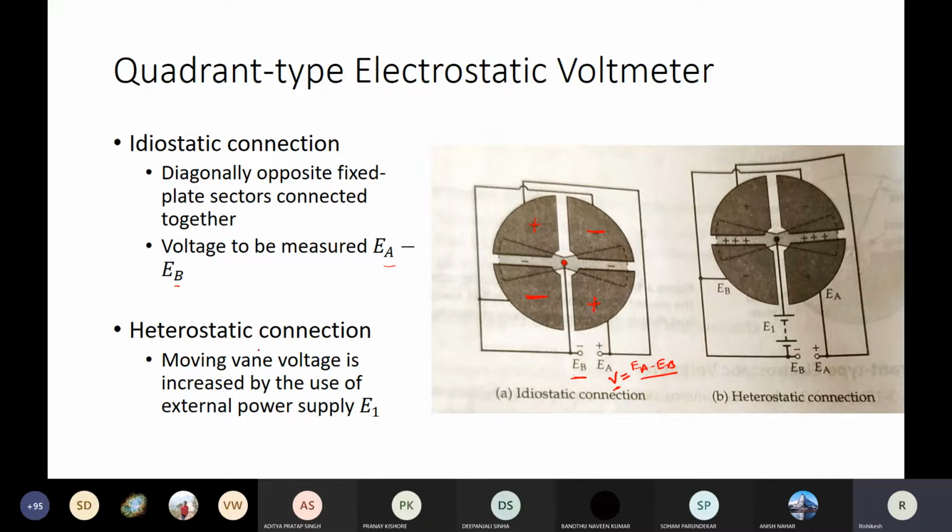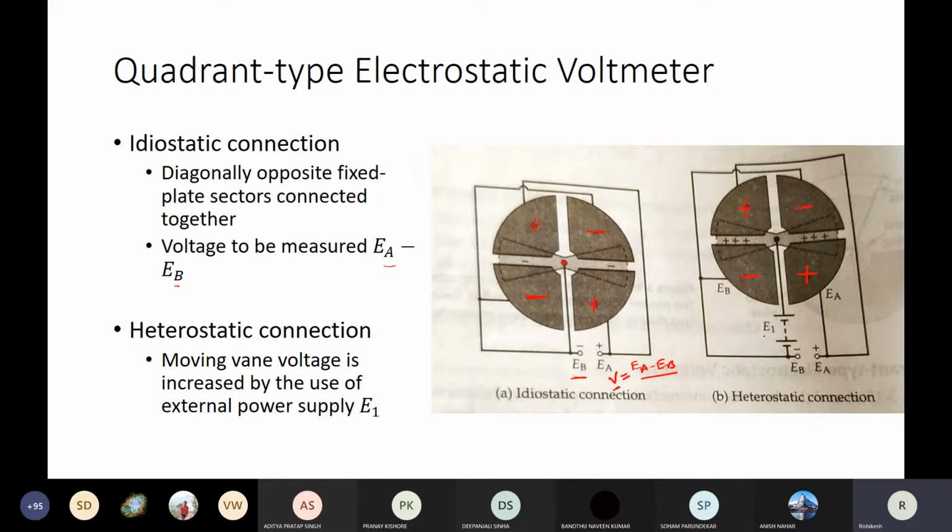The other connection is known as heterostatic connection, in which the other arrangement remains the same. So this positive and positive diagonally opposite are connected to EA. These diagonally opposites are connected to EB. Fine. However, the moving plate, the moving vane, one can say, is not connected directly to EB, but there